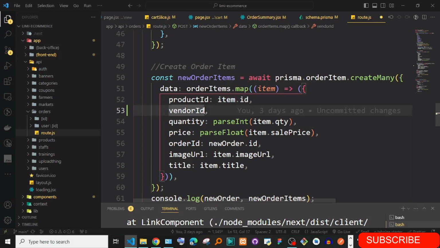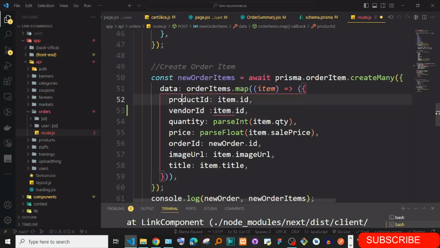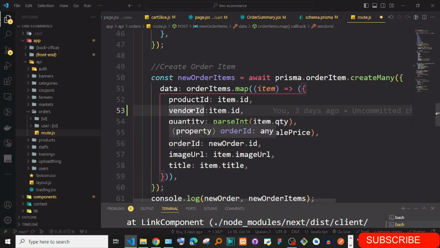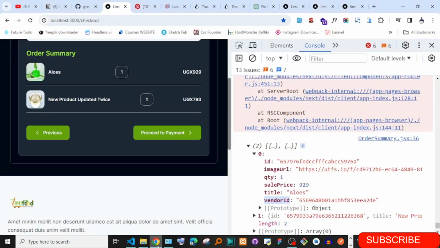Okay, just like this. You can see here product ID is item dot ID. Great. So now we have all these nice things happening. We have the vendor ID now entering here. Great. So now the second thing we have to work on, now that we have worked on that,